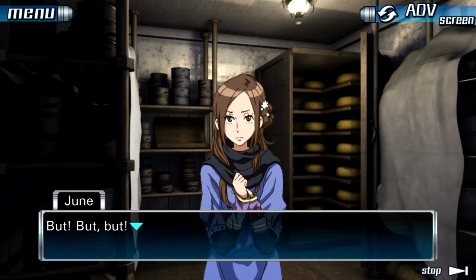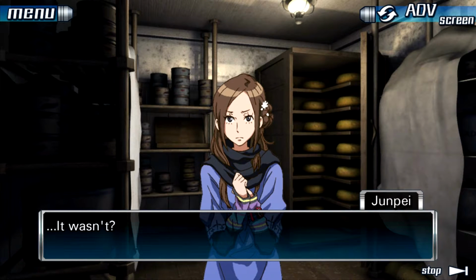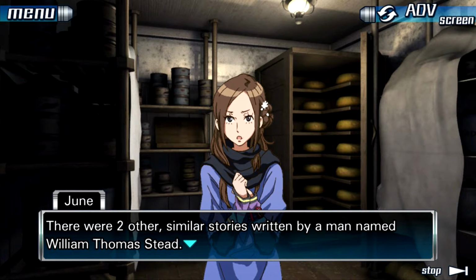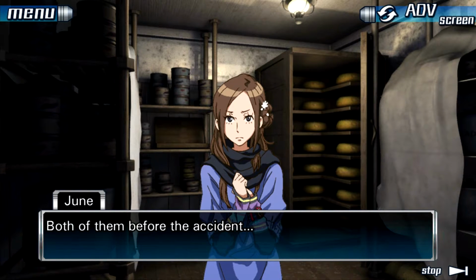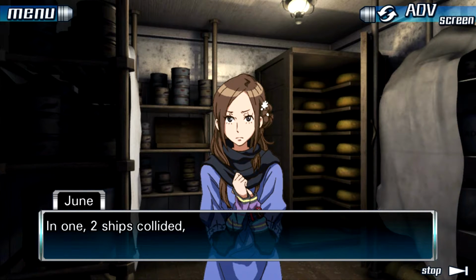But that wasn't the only book that predicted the Titanic sinking. But, like, actually, does any of this have any plot relevance? Yep, there were two other similar stories written by a man named William Thomas Stead. Both of them before the accident. One in 1886 and one in 1892. Stead wrote two stories that had striking similarities to the Titanic disaster. In one, two ships...